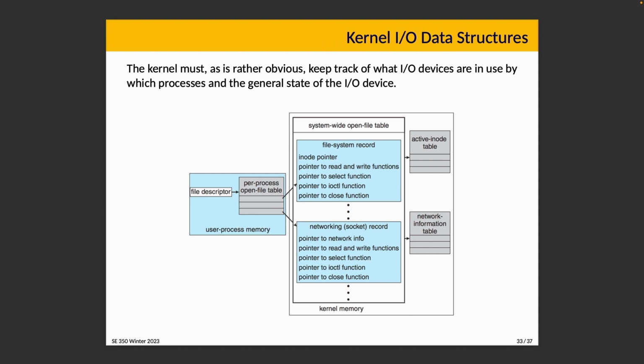Okay, and just to close out this topic about kernel internal stuff, actually, there's two more things after this, so almost there. But the kernel must, as is rather obvious, I think, keep track of the I/O devices that are in use by which processes and their general state. And if we take a look at a diagram that's shown here,